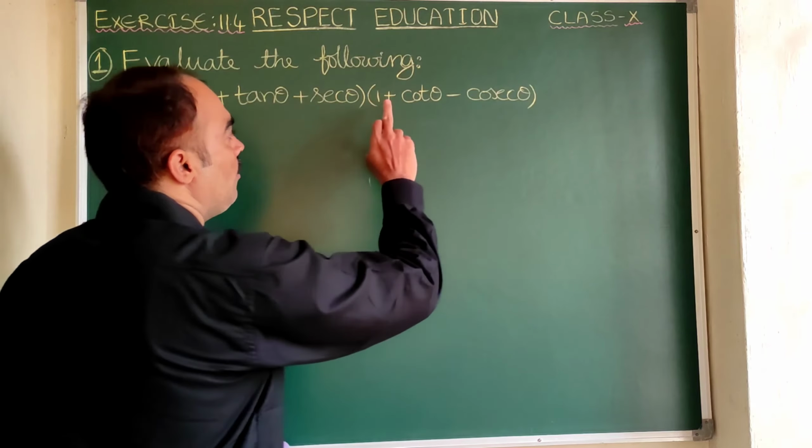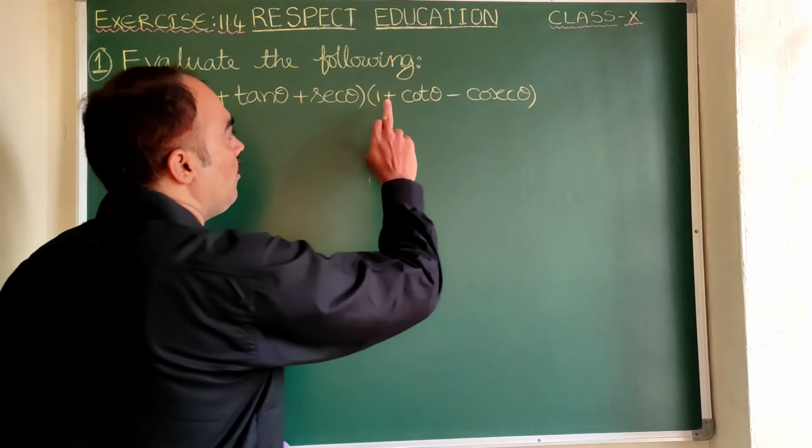Now we see the first problem, second bit, that is sin theta plus cos theta whole square plus sin theta minus cos theta whole square. See here, you just observe, you can take this sin theta as, for example, some a. If here sin theta is a, here also sin theta is a only. Clear? You can take cos theta as some b. Here cos theta is also b only. Now, can anyone tell me which formula is suitable here? A plus b whole square. Plus, here what is the formula? A minus b whole square.